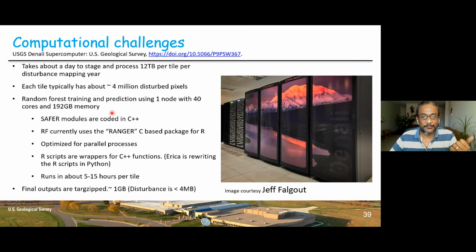And we use a random forest training, which is basically the machine learning program. We're kind of restricted to one node. The way random forest works is it looks for some kind of correlation between the predictive variables and your response variable. And if the node does not have shared memory, we cannot use multiple nodes. So we are kind of limited to using